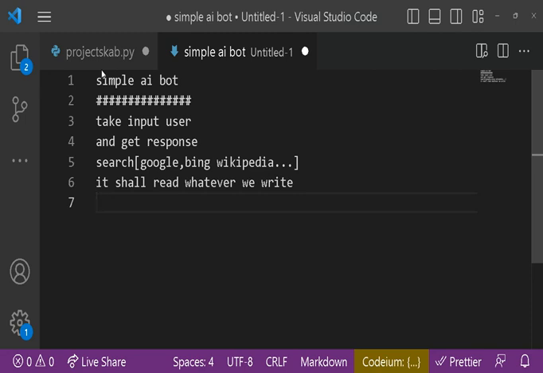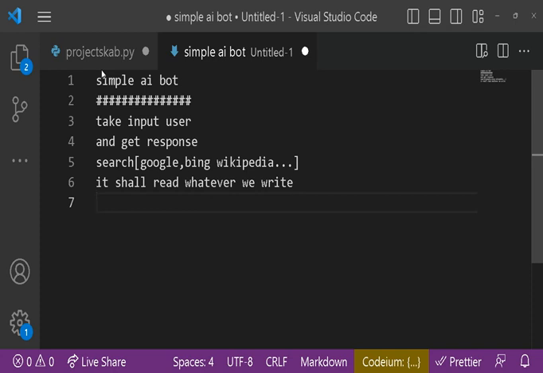Today we will not do everything; gradually we will increase our list. We are basically trying to make a prototype of what our bot's features and powers will be.